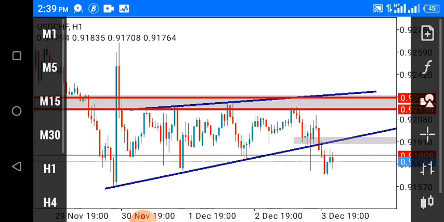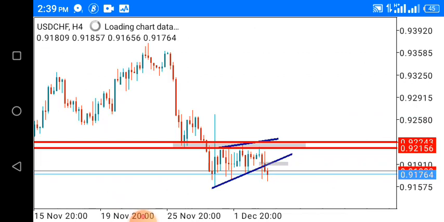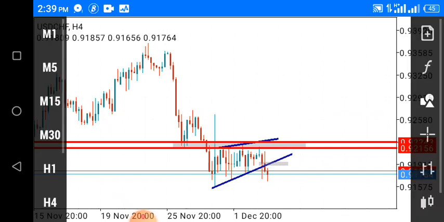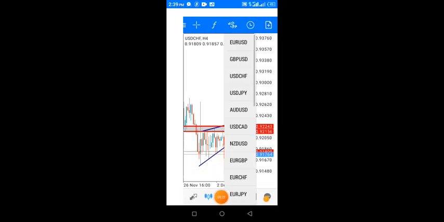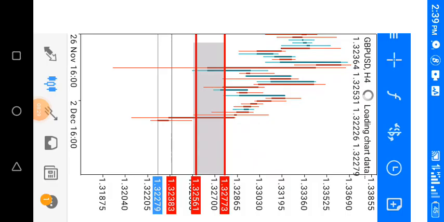You have to also watch it with me, so that when the market opens, you will see whether the price will do exactly what I am saying. This strategy doesn't work all the time, but it works most of the time. That is why it is profitable for me. So let's go to the next pair that I have, which is the GBPUSD.